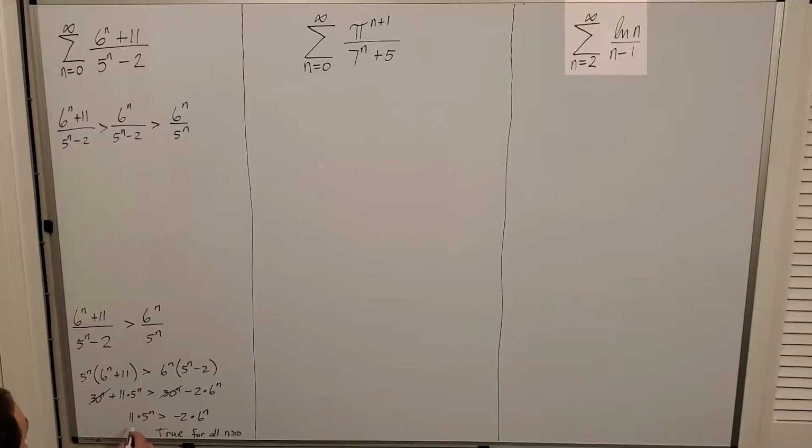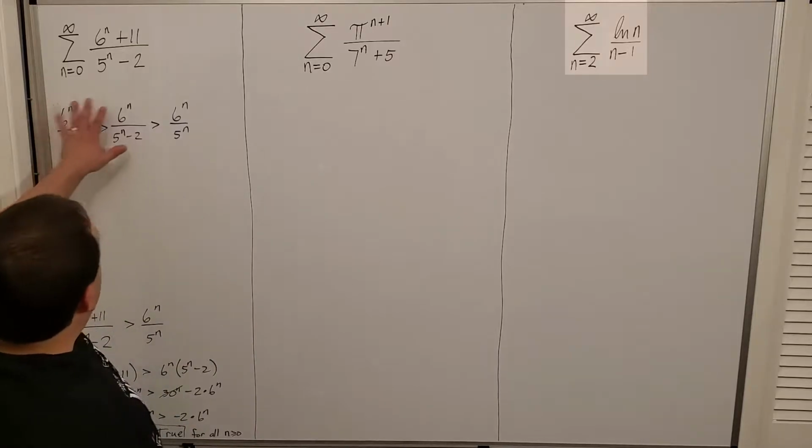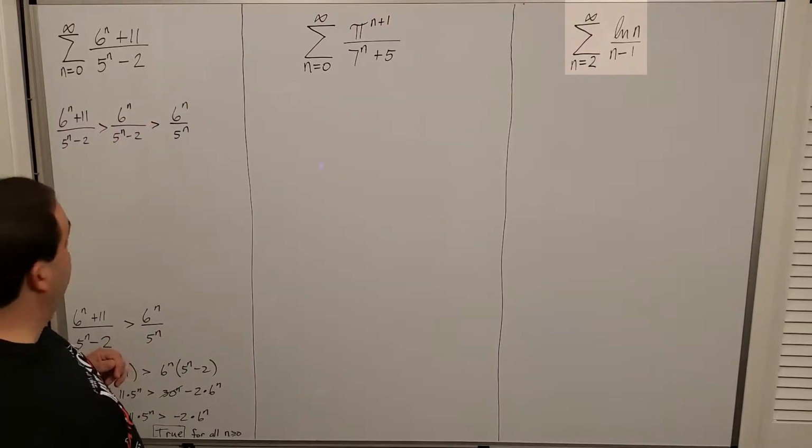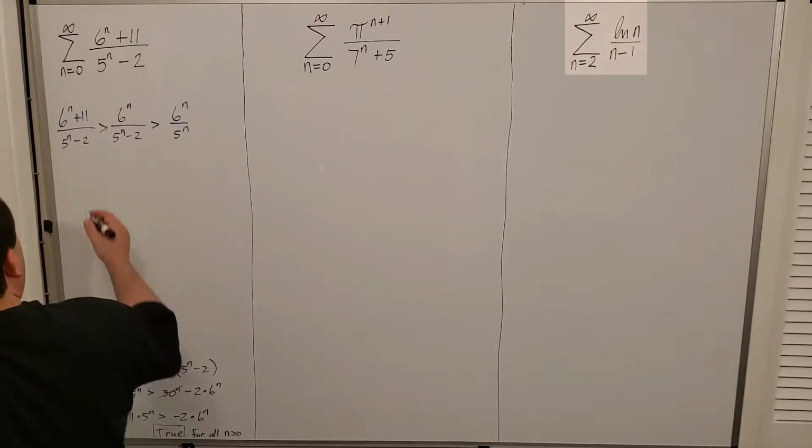And that's because this is a positive number here. 11 times 5 to the n is 100% positive, and negative 2 times 6 to the n is 100% negative every time, because 6 to the n is positive and so is 5 to the n. So basically I'm comparing the 11 and the negative 2 via their signs. Okay, so this is 100% true, which means this comparison is 100% true. Okay? Therefore,